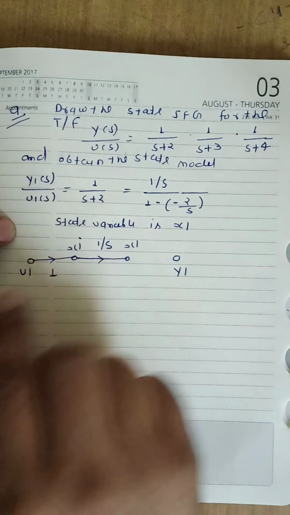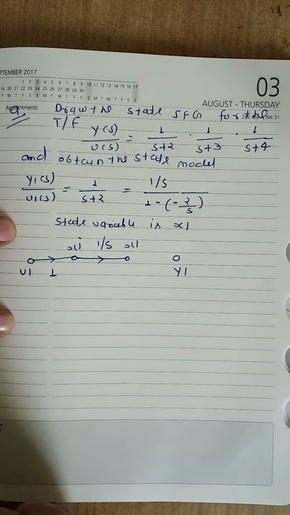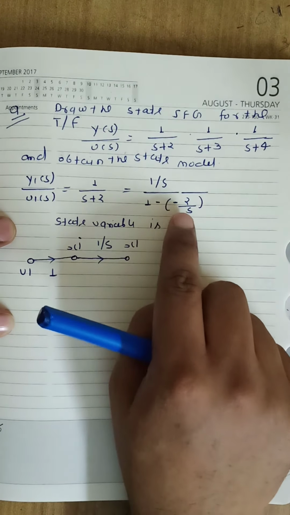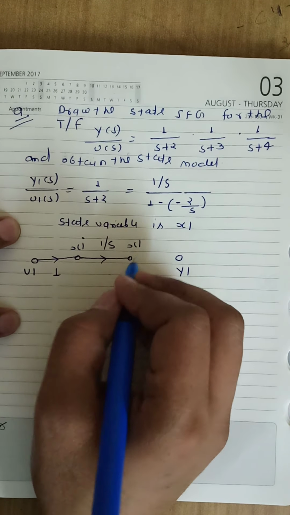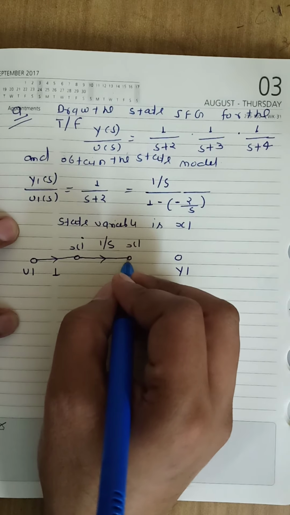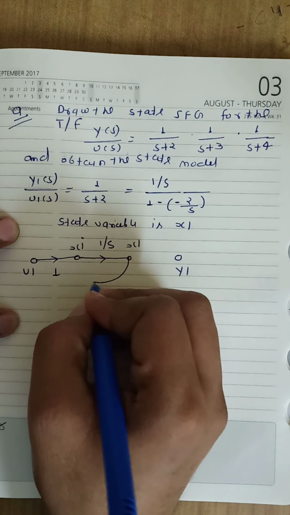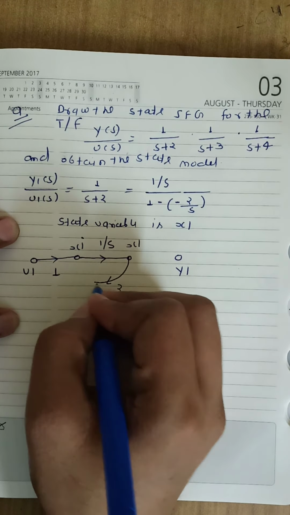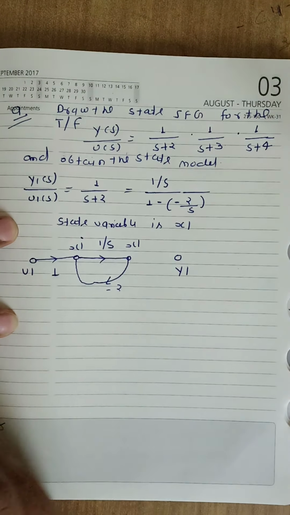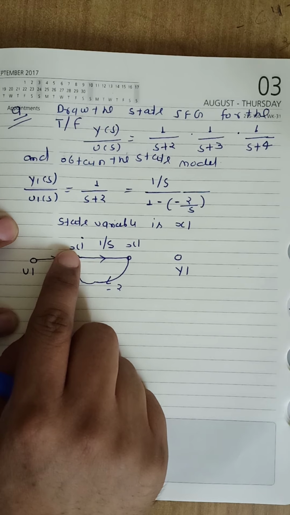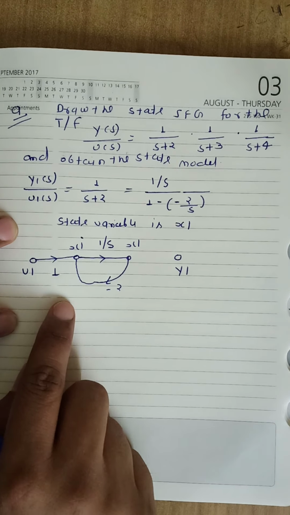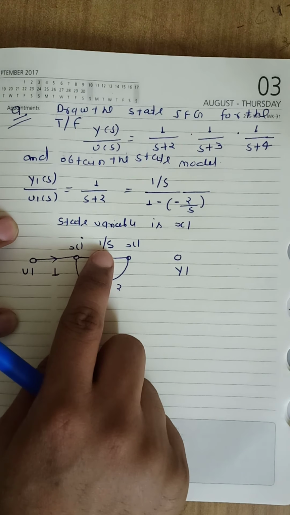So according to denominator polynomial, we can say we have only one loop and its gain is minus 2 by s. So we will multiply x1 with minus 2 to define first loop. So my first loop is x1 dot, x1, x1 dot, and let us calculate the gain: minus 2 by s.